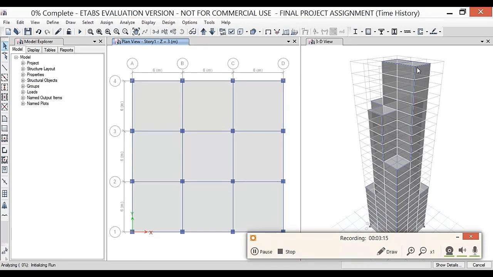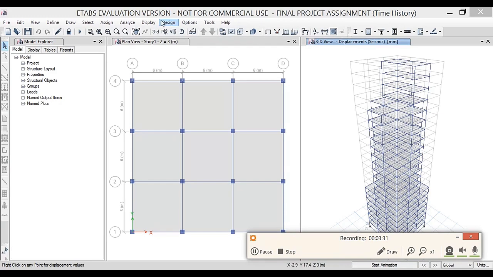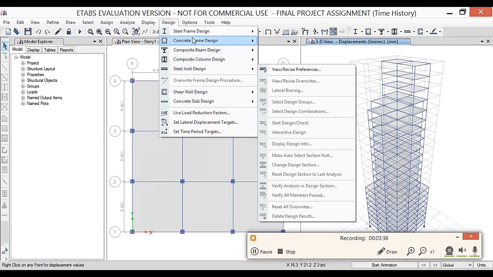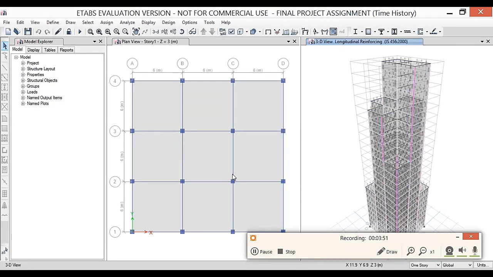After the analysis, the displacement of the various joints can be observed. You can click on any of the joints to check the various displacement values, as well as see the story displacement and story response plot. After clicking on the display option, you can also view the deformation shape of the structure. That is for the seismic case only. For the response factor case also, you can see the deformation shape of the structure, the shear force and bending moment diagram of any of the members.